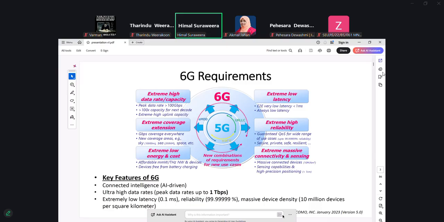As I will describe, machine learning is a good tool that will help us achieve these kinds of 6G requirements in future. Currently 6G research is happening, and around, for example, 2027-28, it might get standardized. And then around 2030, these kinds of systems will be deployed worldwide.